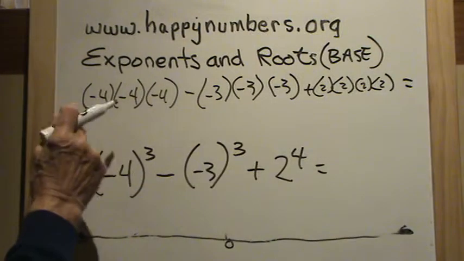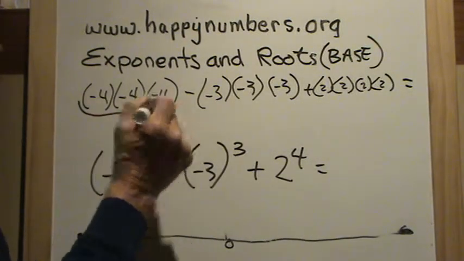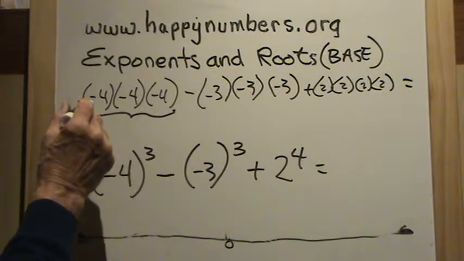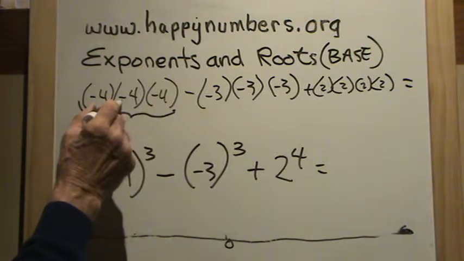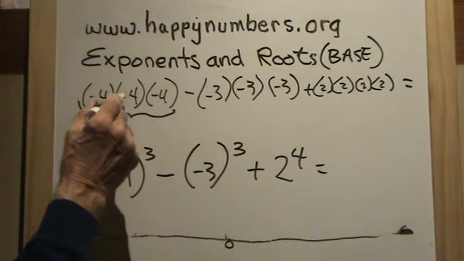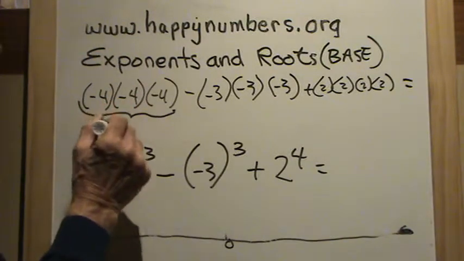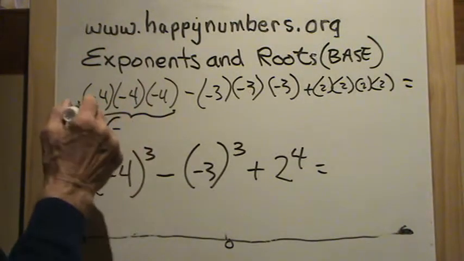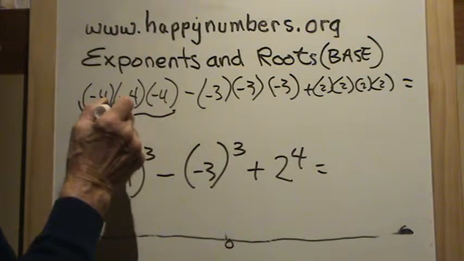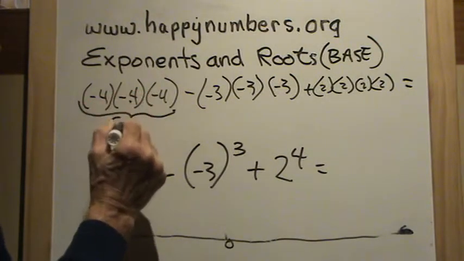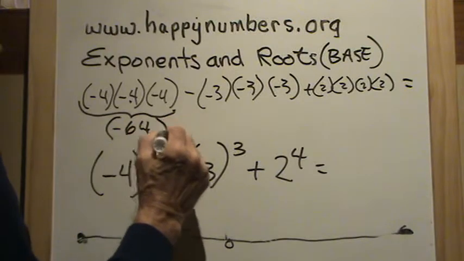Okay. Well, let's do this piece here. We have a negative times a negative, which will give us a positive, and then we have a positive times a negative, so our answer we know is going to be negative. 4 times 4 is 16. 16 times 4 is 64. So we have 64